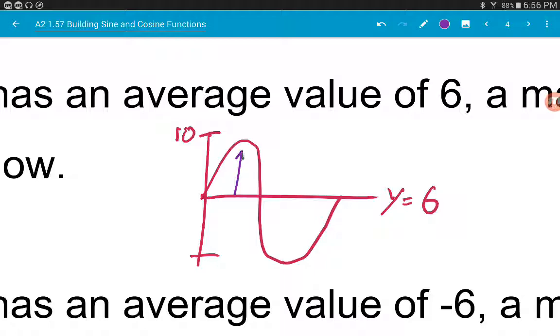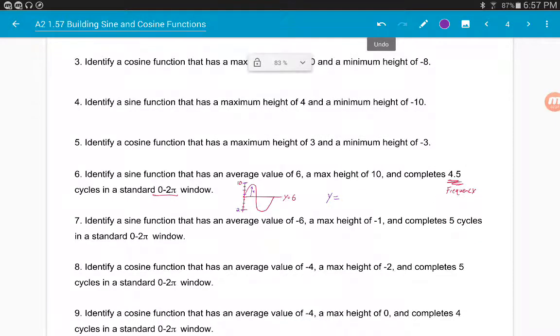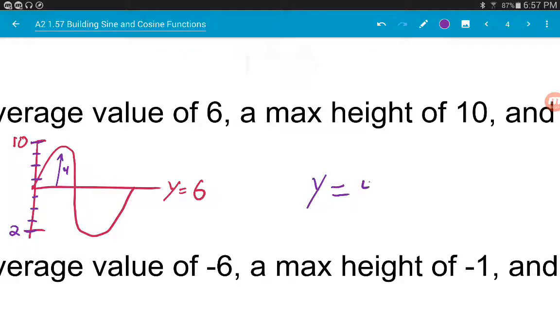What's my amplitude from 6 to 10? 7, 8, 9, 10. So we go up 4. 1, 2, 3, 4, rather. And that would mean that my lowest value is 2, but we didn't need that. All I need is y equals, and it's still sine, 4 amplitude, sine of how many x's? 4.5x